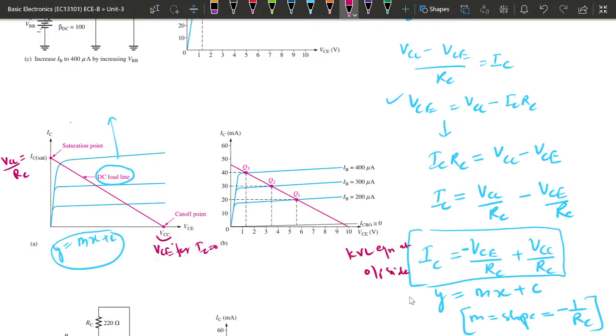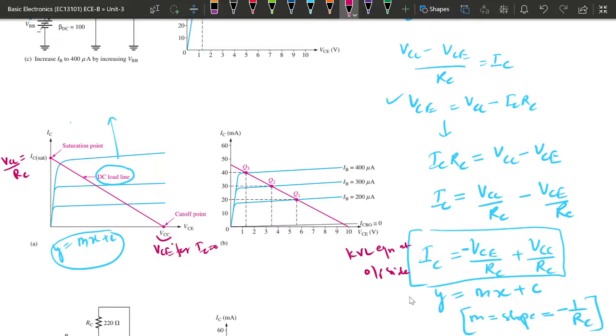By putting the value of VCE equals 0 and IC equals 0, we can get 2 different points. So these 2 different points are nothing but the points between which the active region operation is going to be switching. Beyond this point, if we plot the graph, that will be beyond the saturation point, and below this it will be beyond the cutoff point. So once we put this DC load line on the output characteristics of the transistor, we can get this graph.